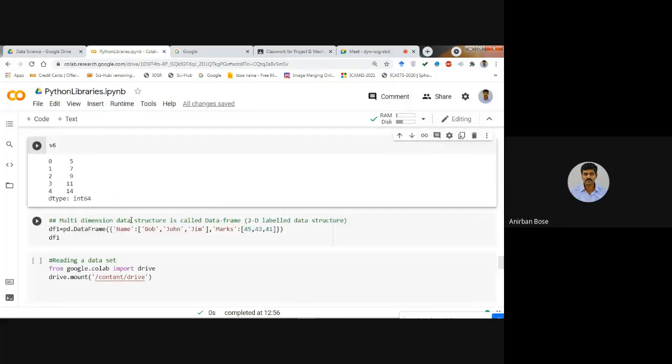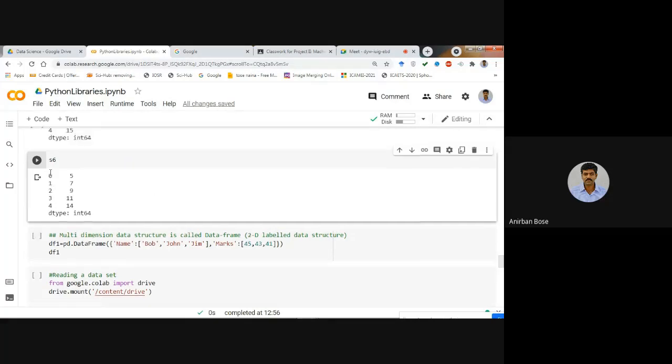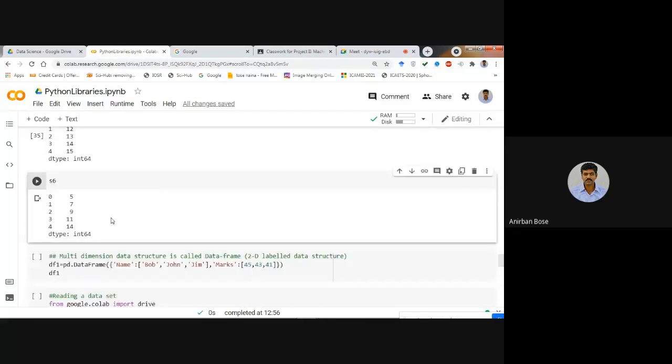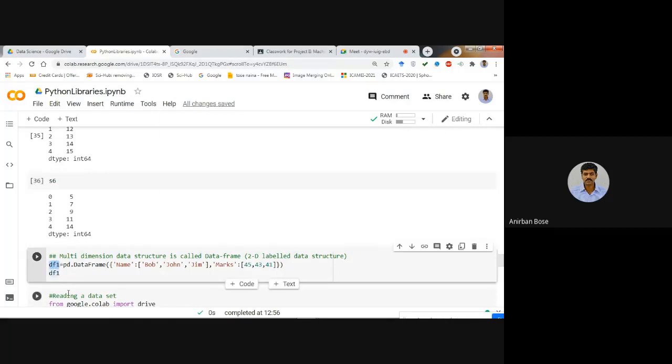Now, the multi-dimensional data structure in pandas is called the DataFrame. This is very, very important. Till now in pandas we have seen the series, which is single dimensional. Now see the 2D data structure. Suppose this is a DataFrame DF1.